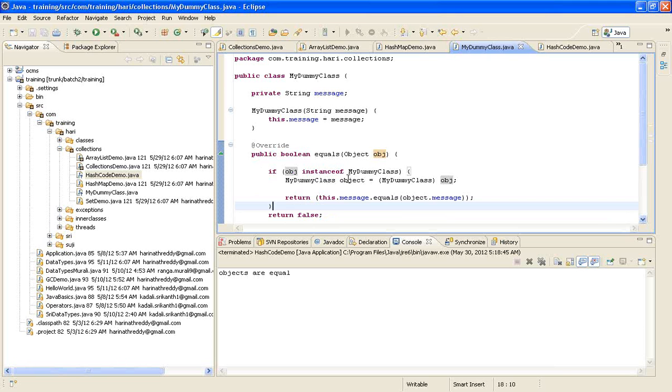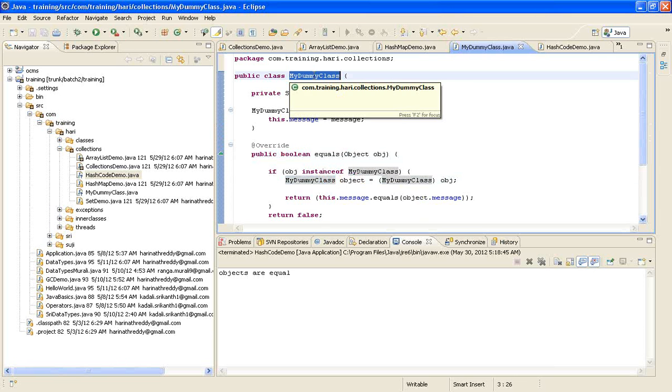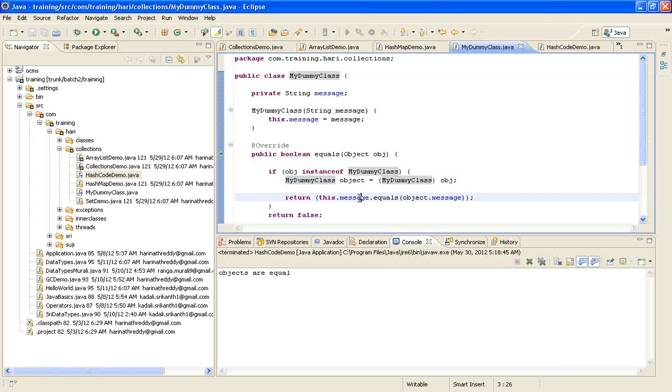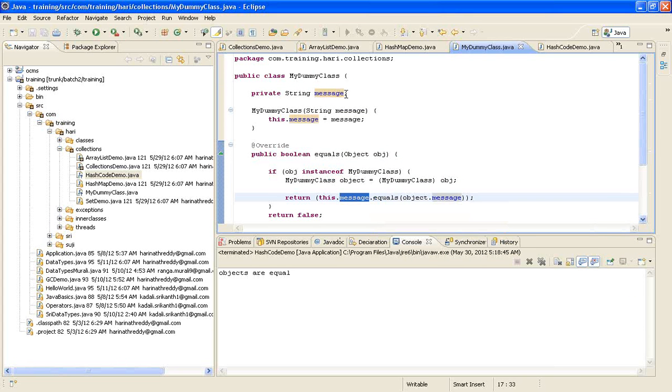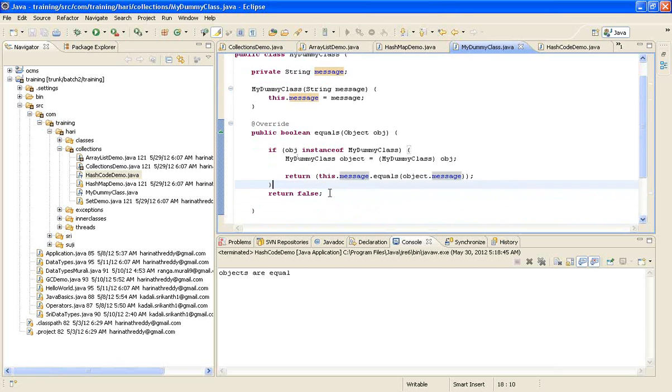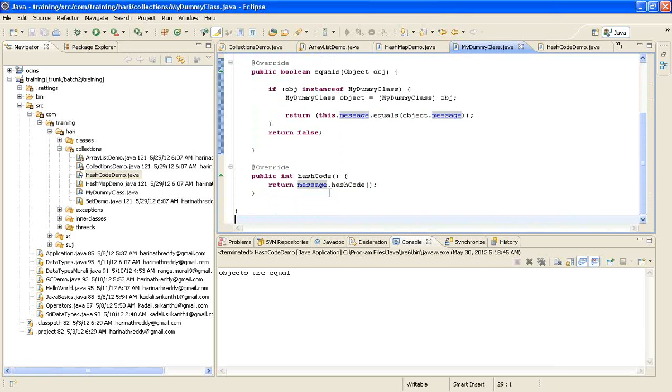And I return false. Now here I'm typecasting the object to the object that I require, and then I'm comparing this dot message dot equals, because the only data I have is message. If I have multiple private properties, I need to do a comparison equals on all of them and return. When this method returns equals, then the hashcode method should also give the same value